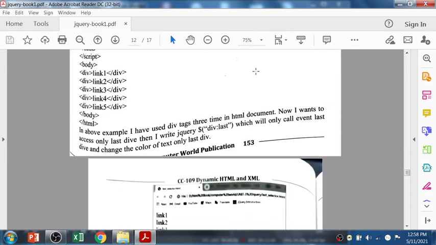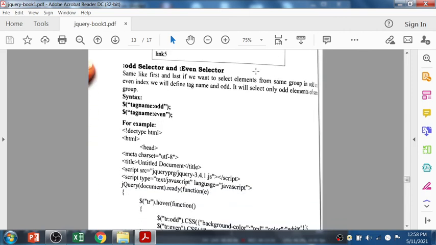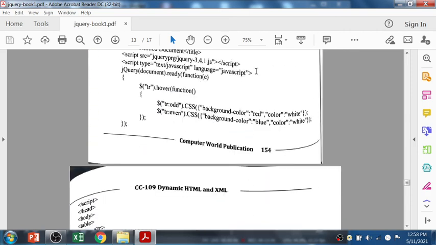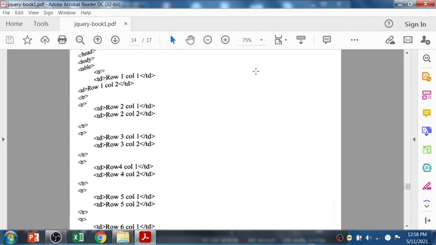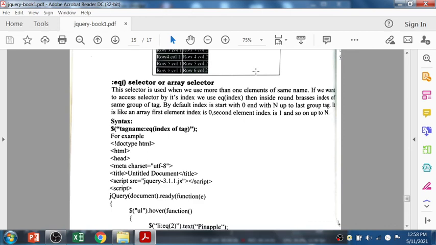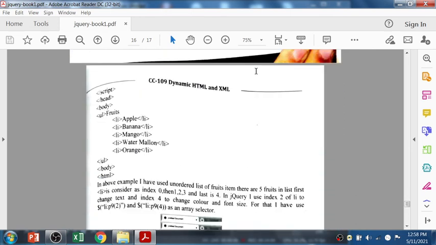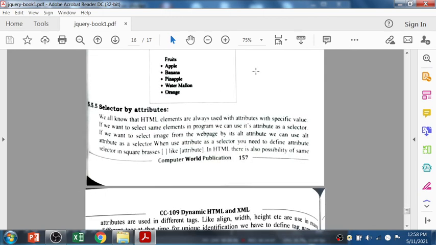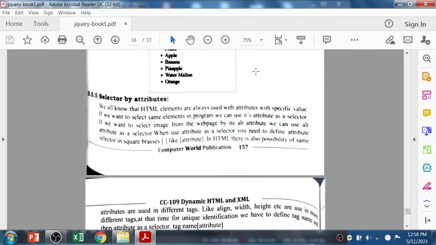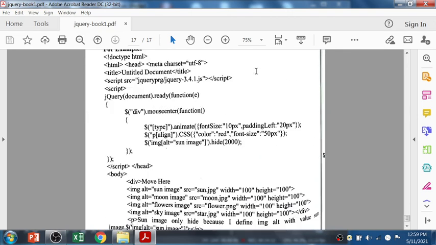First and last, so many options are there. I'll show you how to get odd elements, even elements, array selectors. Then selectors by attribute, to select the elements by their attribute.